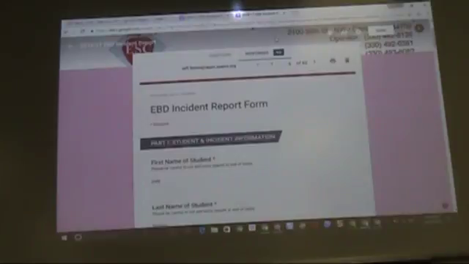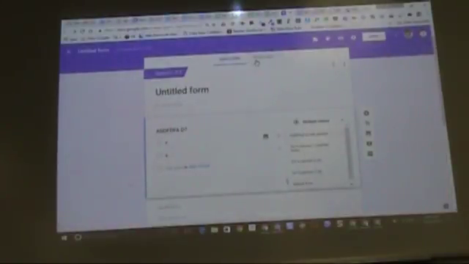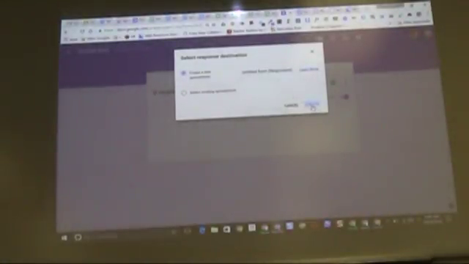Does that make sense? Are you familiar with Flubaroo? Okay, so Flubaroo is an add-on that you have to add on, and Flubaroo works in the responses spreadsheet as opposed to in the form itself. So even though we're using it with a form, we have to actually add it to the spreadsheet responses. So we go in here to our response sheet, and we go to the spreadsheet for our responses. We have to go here to our add-ons